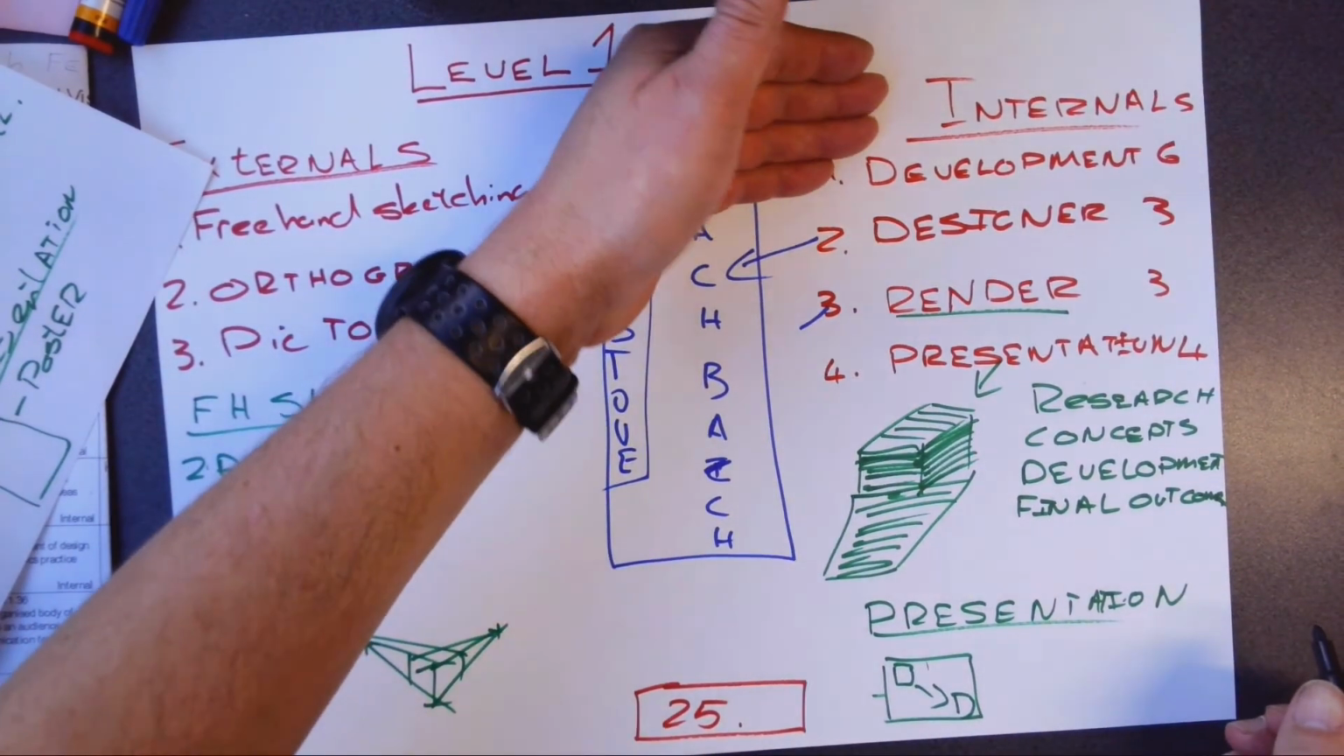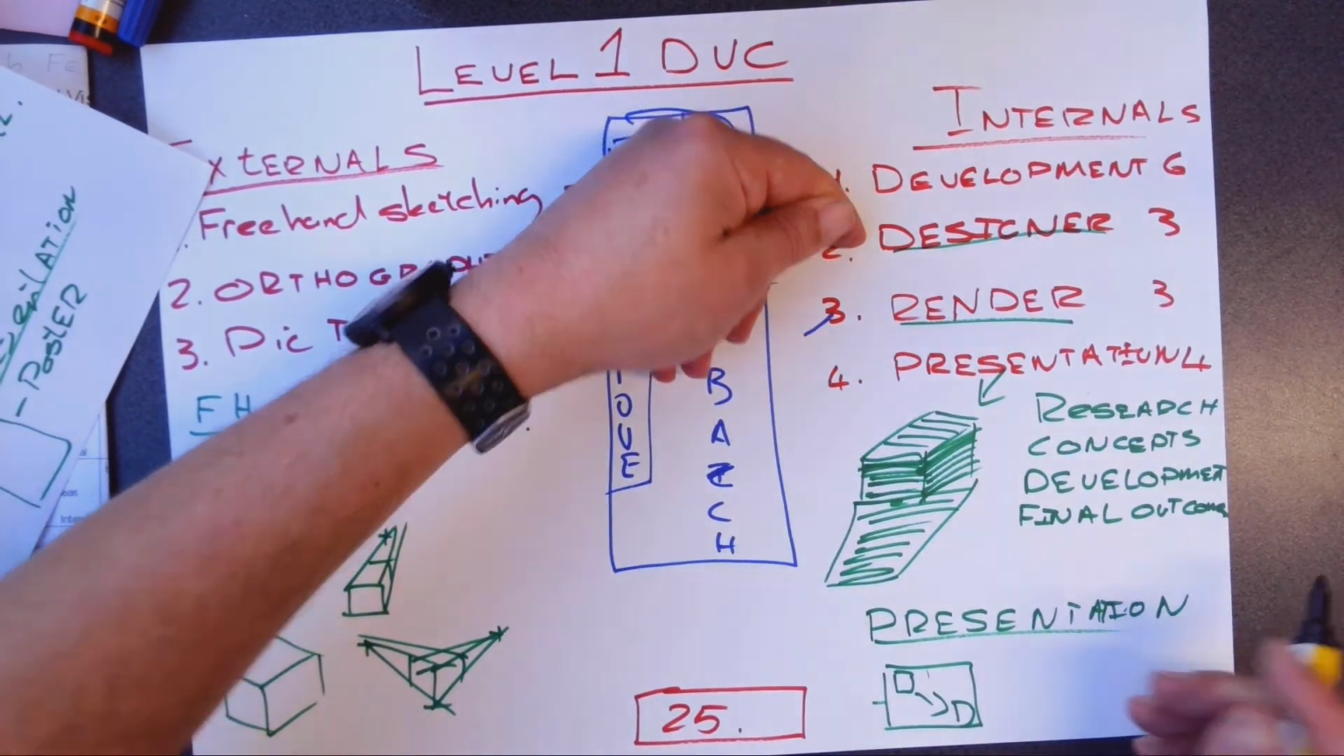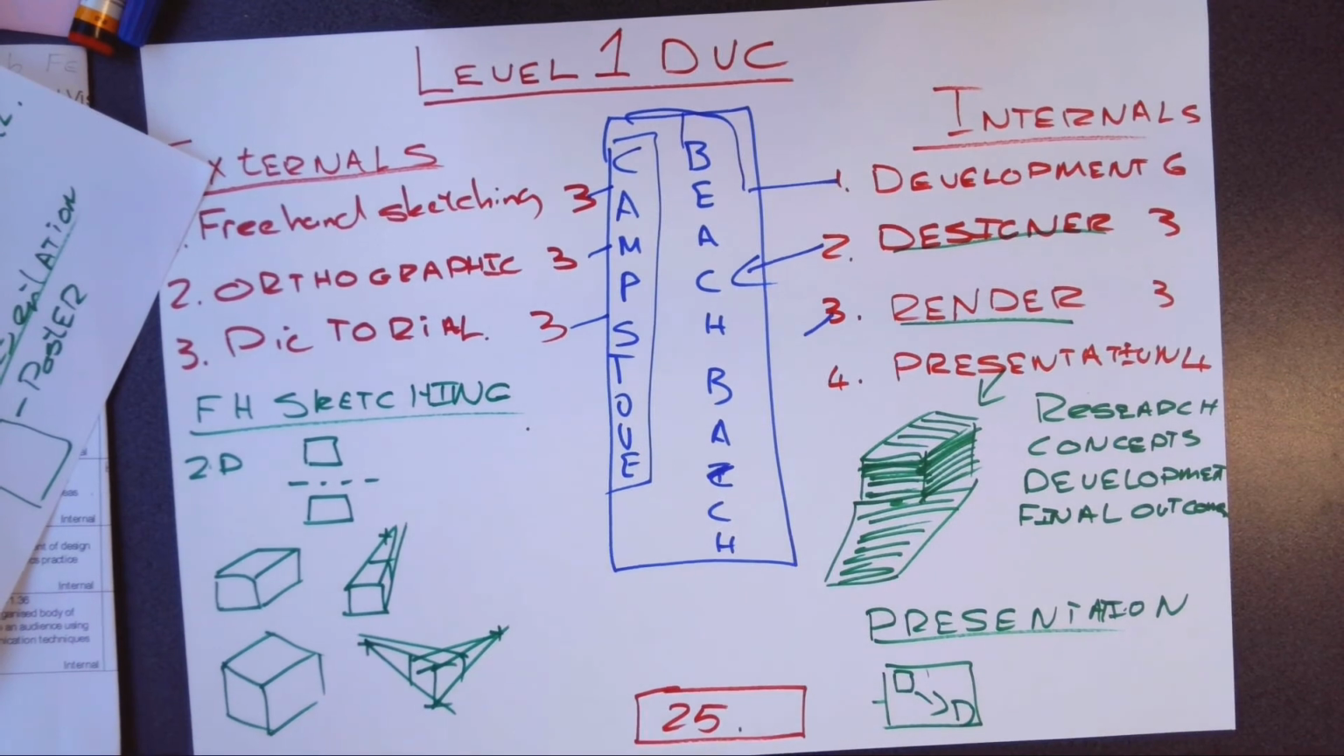So that's that. And then the designer one is just looking at a designer, and that designer should influence your design. You can also look at an architect or a group of architects together. So that's basically